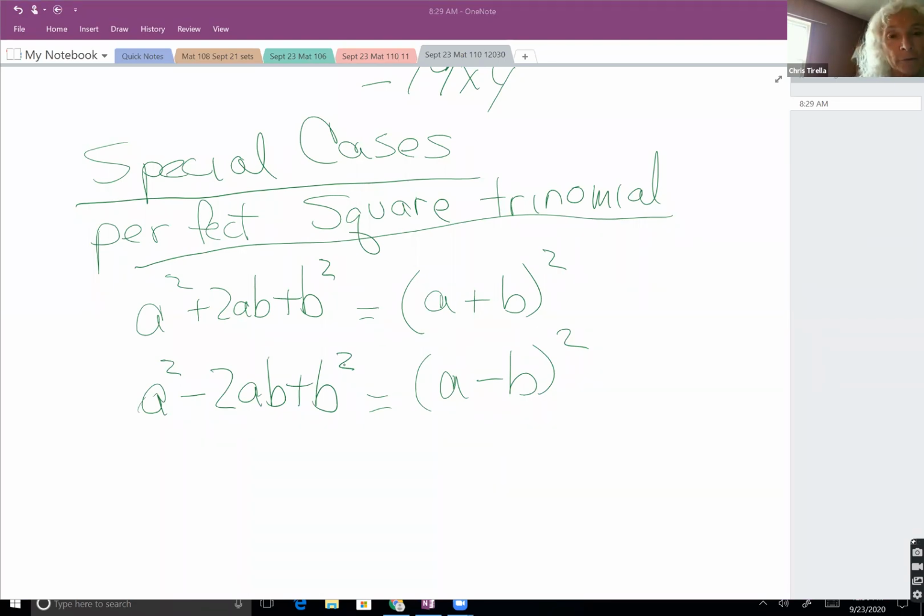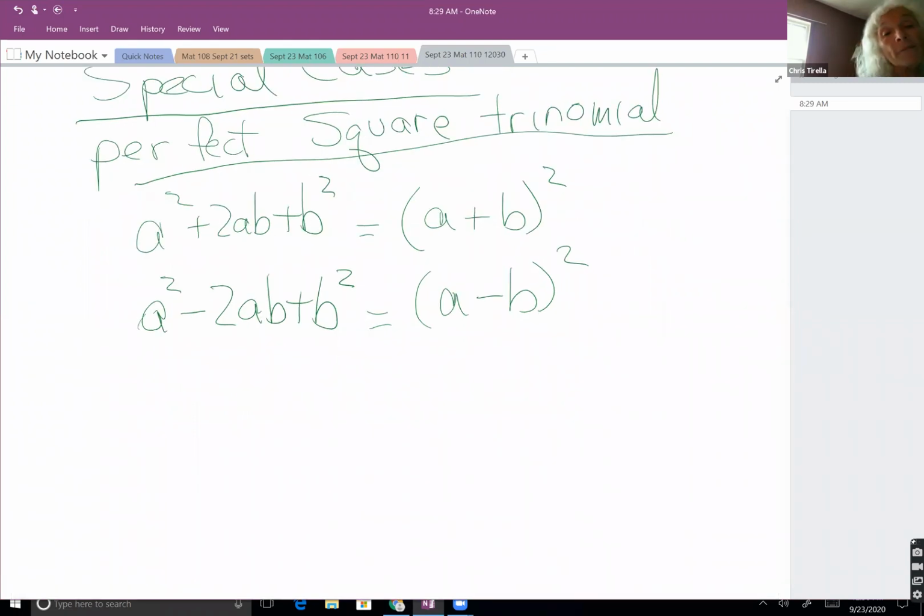And I had said that with these, you're better off multiplying it by itself than memorizing for the most part. But if I'm factoring, if you recognize the pattern, you're good as gold. But what I notice is whenever I see